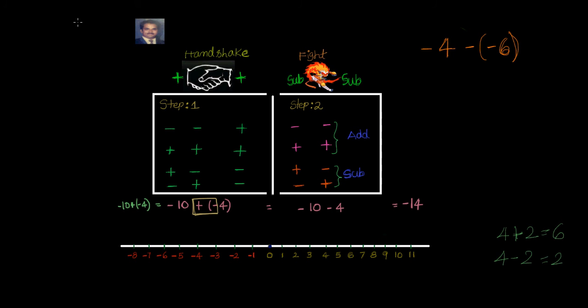Our step 1 is to find out where we have the signs, or find the screen. Here is the screen between two signs, so I know this is the part I have to work on. If I lift the screen, two Pokemon are of the same sign, minus minus. So they do handshake. They become plus and say hi, we both are of the same sign, let's have a handshake. So this will become this. Now we are into the second step. In the second step, we see what the signs are.